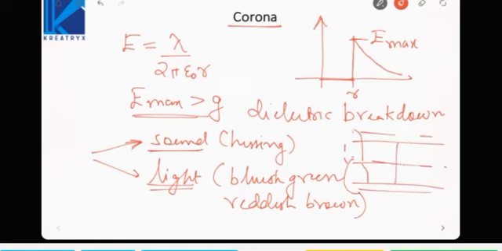Now when two conductors are placed very close together and the dielectric around the conductors breaks down, what will happen? There will be a current flow between the two conductors, which will be a line to line fault. That is why the distance between the conductors should be sufficiently high to avoid any corona discharge between them. The distance is usually kept higher than 15 times the radius, so that even if the air around each conductor breaks down, that air will not be able to conduct current between the two conductors. That is why the distance between the conductors must always be high.